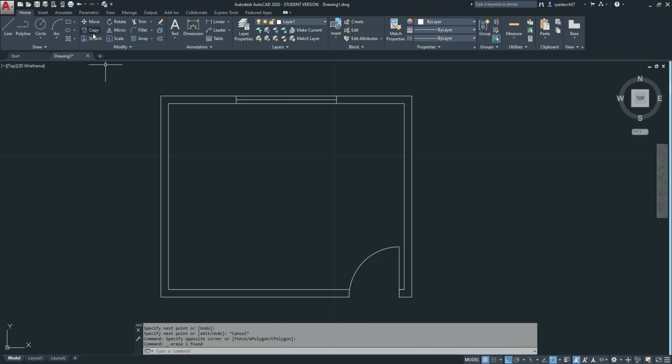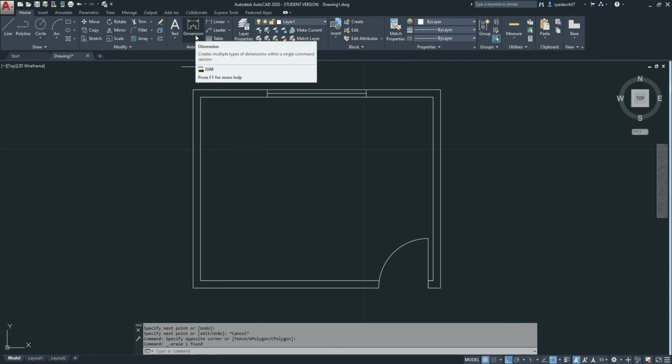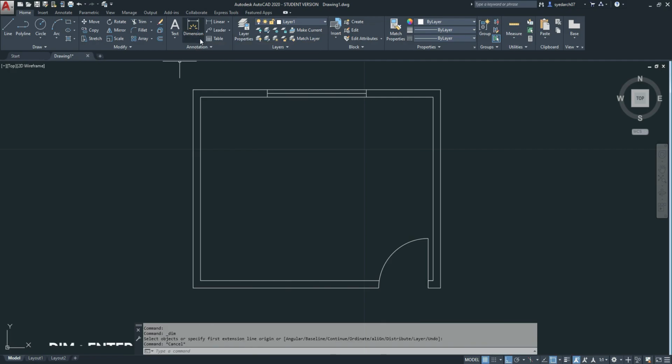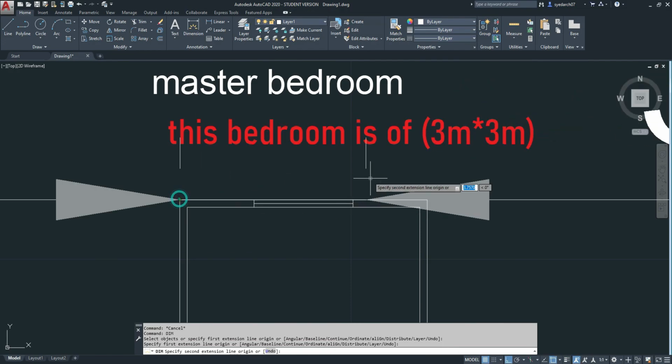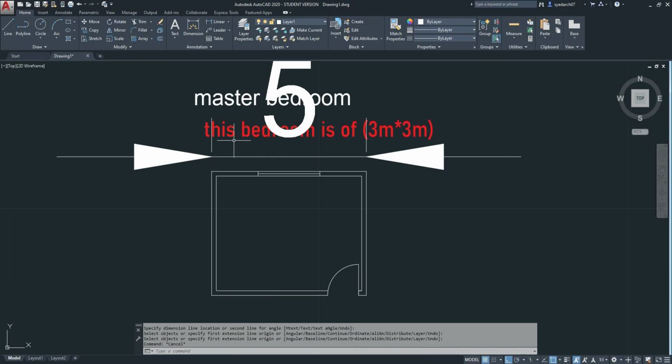Now you can notice I have just made a 2D drawing that has a door and a window. Now if we want to add dimensions to our 2D drawing, just select dimension by clicking here or using the shortcut dim and press enter. Now specify the first point and then the second point for your dimension line. Now you can notice our dimension is bigger than our 2D drawing.